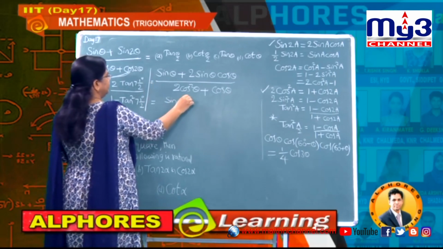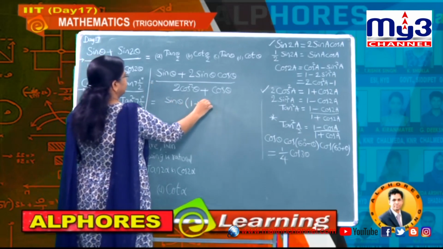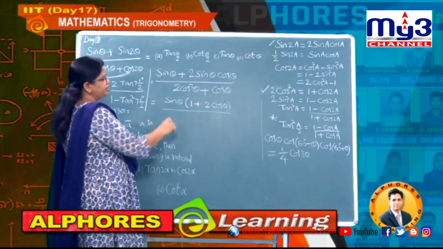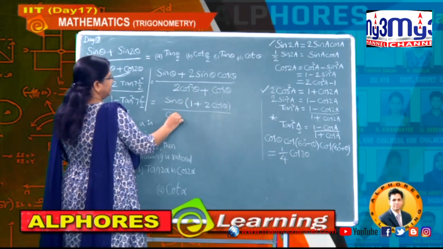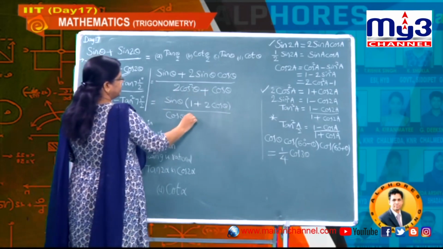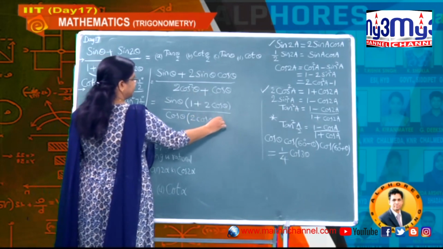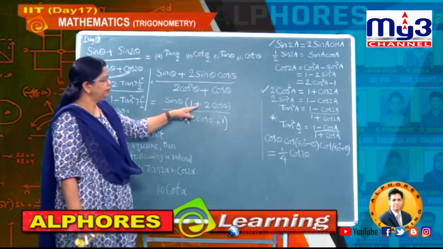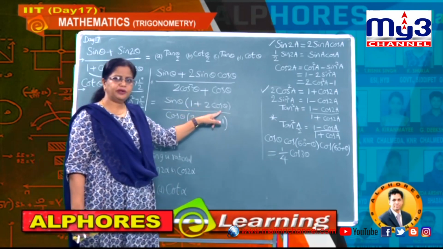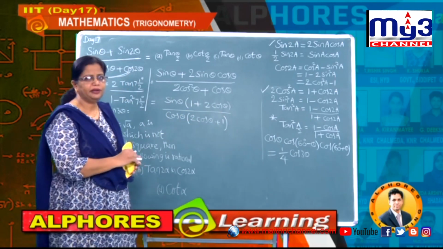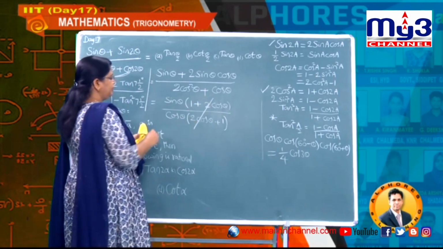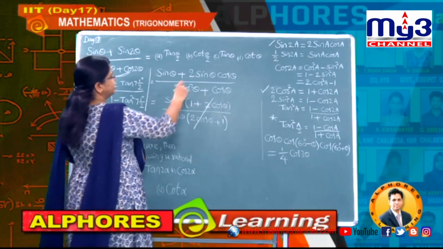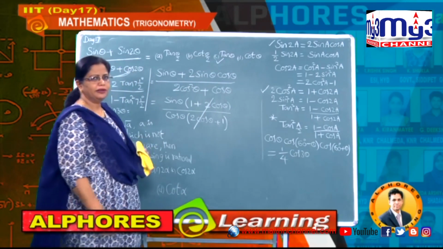Then what is the leftover in bracket? It is 1 plus 2 times cos theta. Understand? Again in denominator, which value you can take common? Cos theta common. Then here 2 cos theta plus 1. Understand students? This is the leftover. Now observe both bracket terms. It is 1 plus 2 cos theta. This is 2 cos theta plus 1, which you can cancel. Understand? Thereby what is the leftover? Sin by cos means it's nothing but tan theta. So what is the answer here? It's nothing but tan theta.